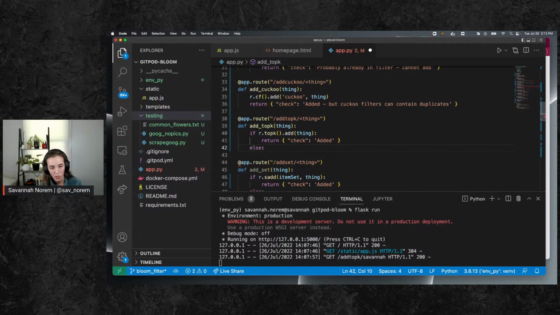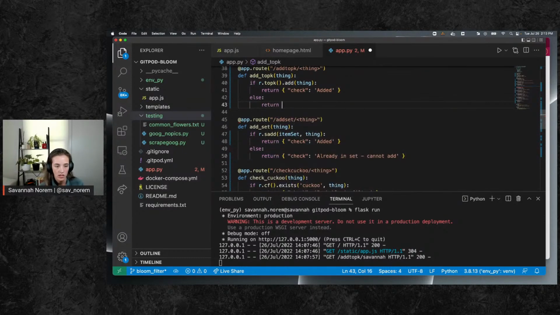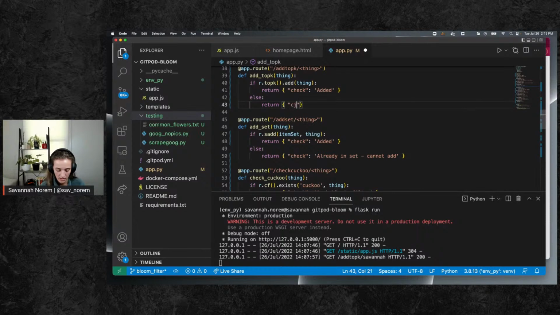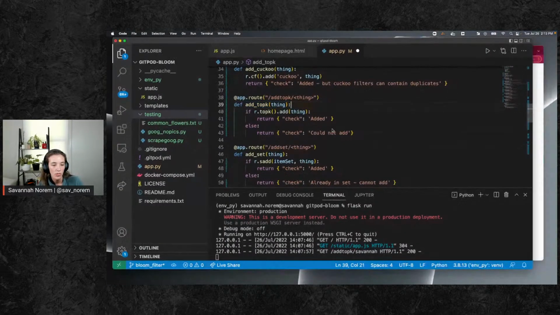So if that returns that 1, you get that check. Otherwise, we'll return could not add. So I don't actually know why top K would fail, because top K, every time you, well,